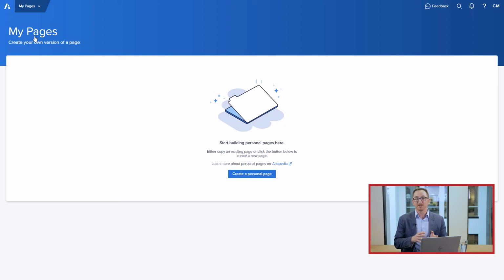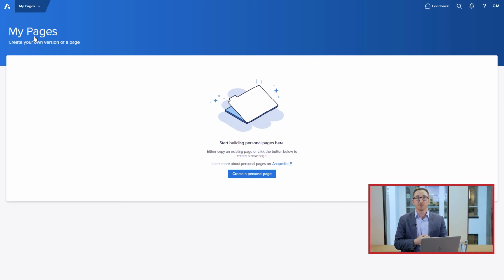If you haven't built any personal pages yet, your screen should look just like mine, so that's completely normal and don't worry. In the next few minutes, we're going to replace two of the classic dashboards that are included in the Level 1 financial planning model with pages that we're going to build right here in the new UX. So here we go. You're going to build along with me using your copy of the model.